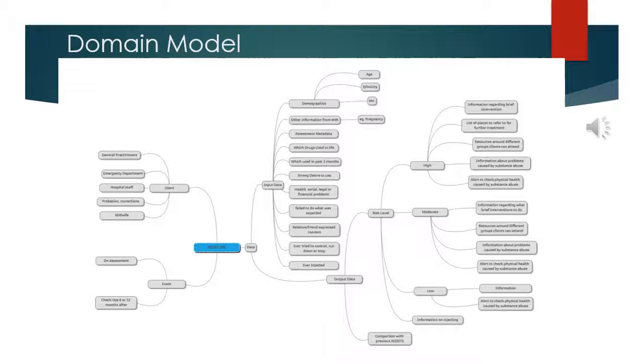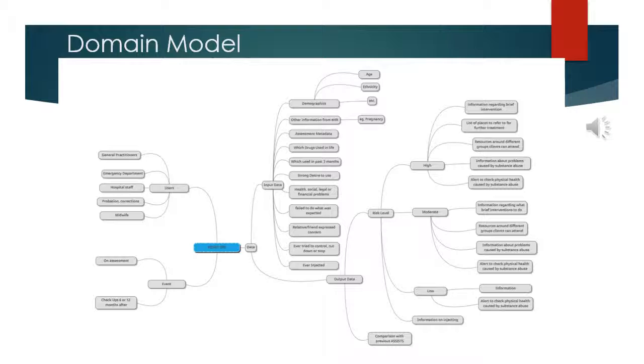So then, coming to the output data. The output of the DSS is the client's risk level, either high, medium, or low for each drug. Then depending on the score, different information is needed. For example, high would give information on brief interventions, lists, contact details, and referral details for further treatment, resources around community groups,